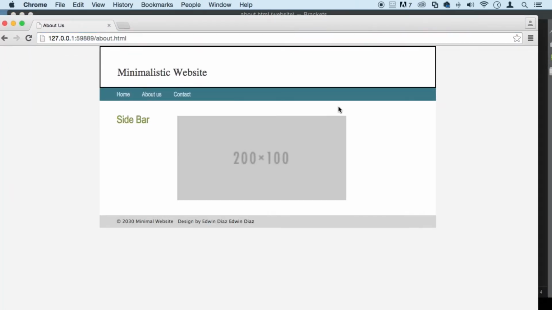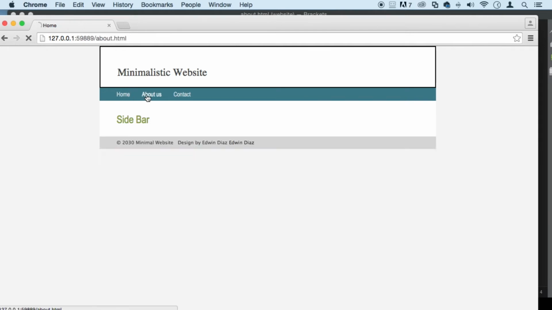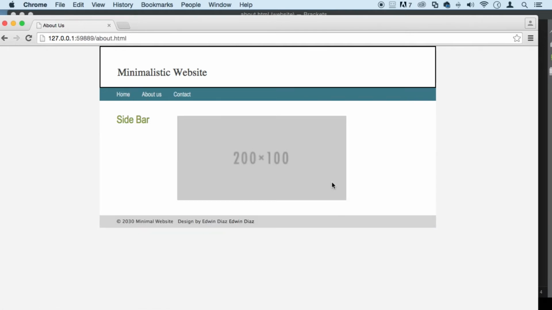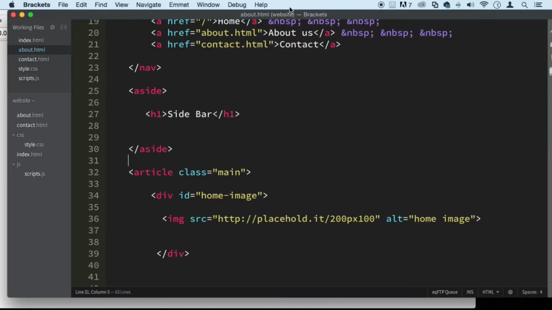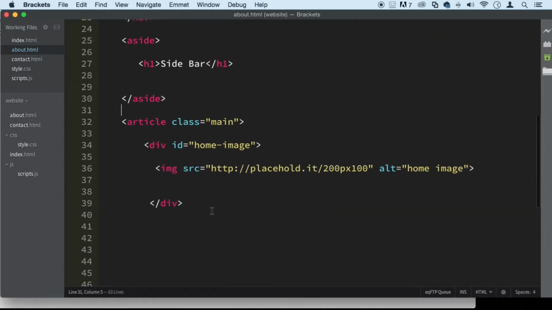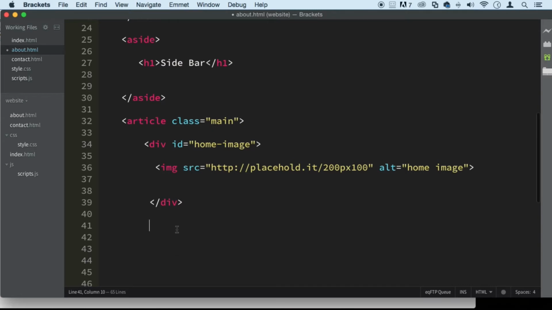There we go. So you can see this is not as big as the home page. It's 70%. All right. We can make it a little bigger, and we can put some text right here on the right hand side if you like. So it's up to you. We can go ahead and do that right now. This is the image, and we can say something like, I don't know, profile info,